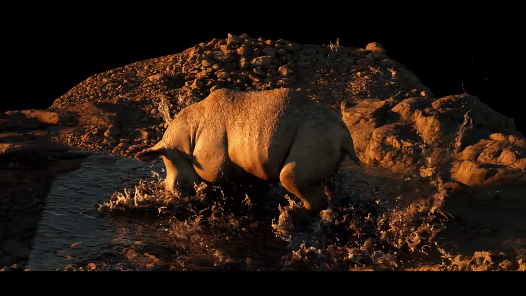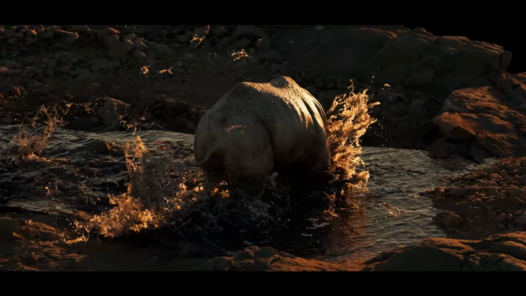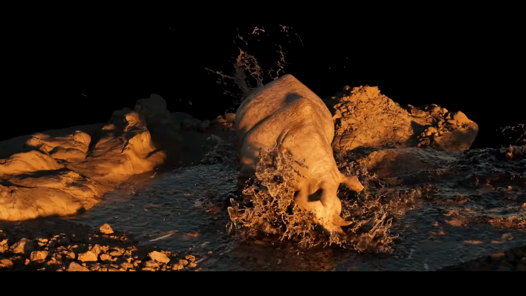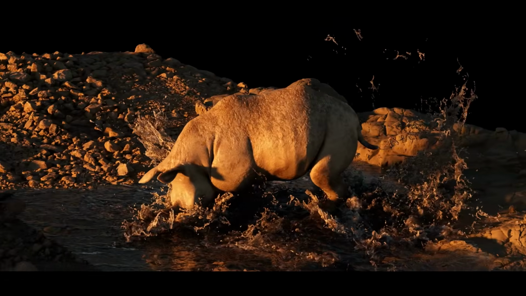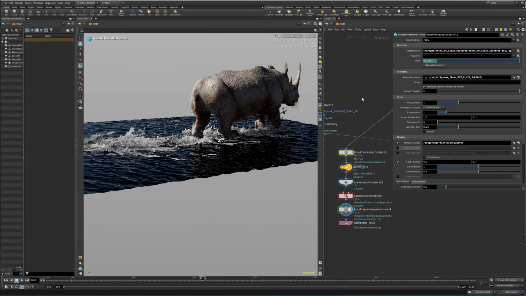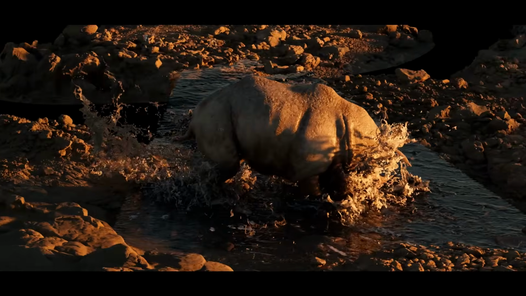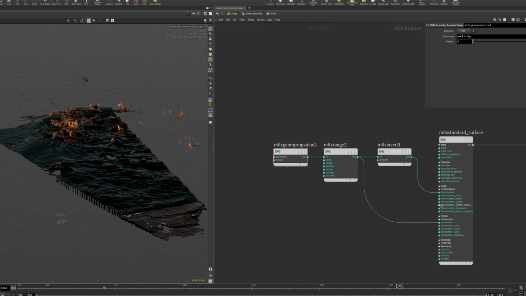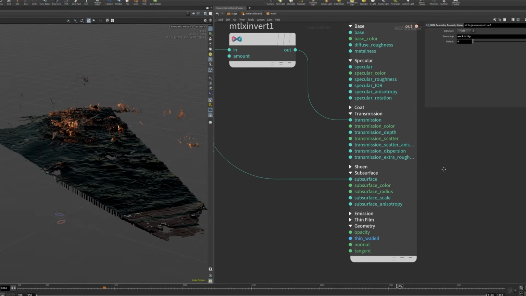Going back to Solaris, I shaded everything and set up the look development. The Rhino and the environment already had materials from the Megascans browser and the provided asset. The water mesh used the ocean procedural lob, which is fantastic, and it adds high frequency detail at render time using an ocean spectrum. To give the turbulent areas a backlit, foamy look, I used the vorticity attribute to drive the subsurface scattering. This helped to get this simulation of light shining through the thin water surfaces and made the